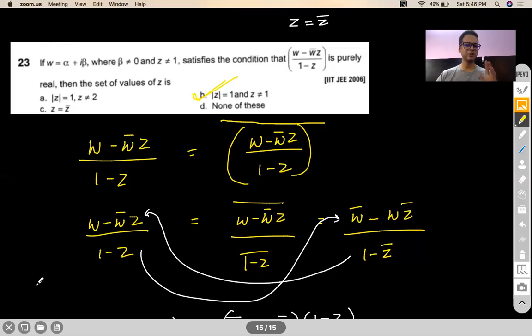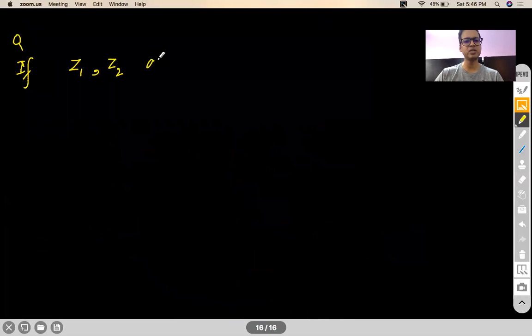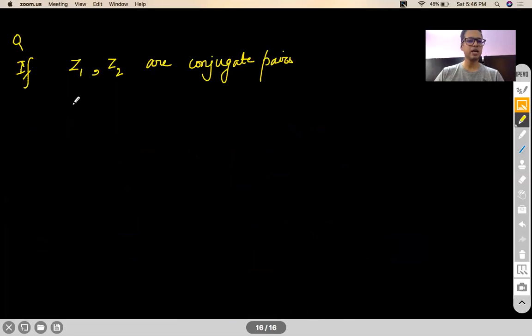Okay. Sorry, this question had nothing to do with division. Let me give you one more. Let's take this one. If Z1 and Z2 are conjugate pairs, and Z3 and Z4 are conjugate pairs. Okay. Simple question is,